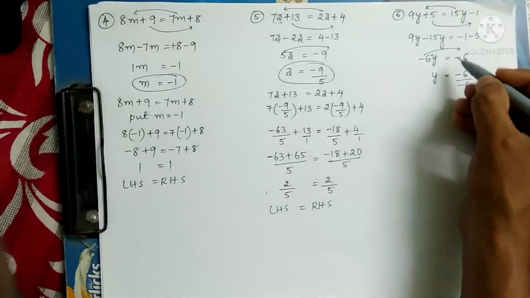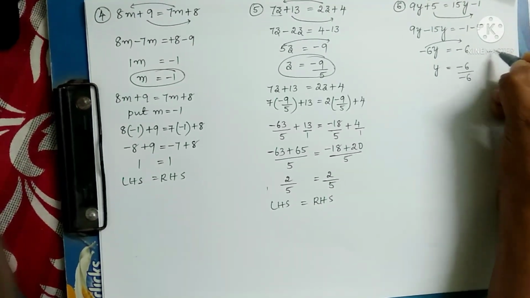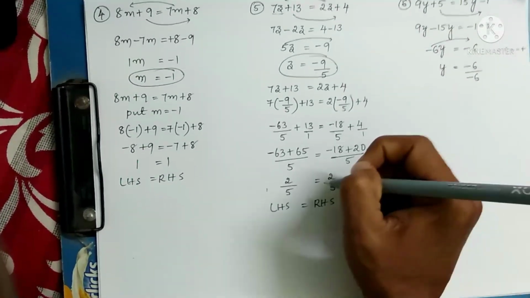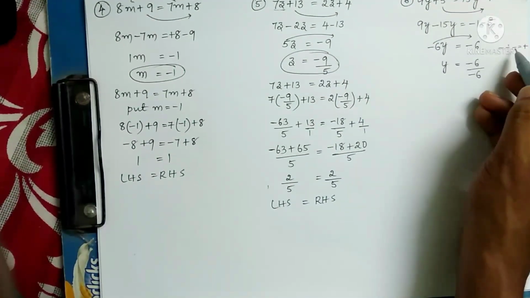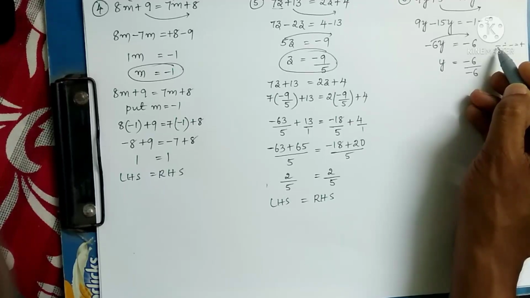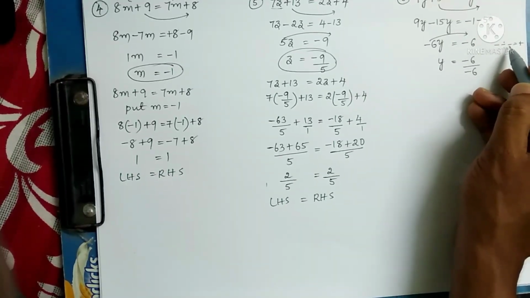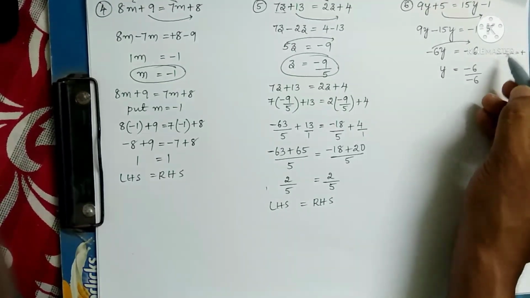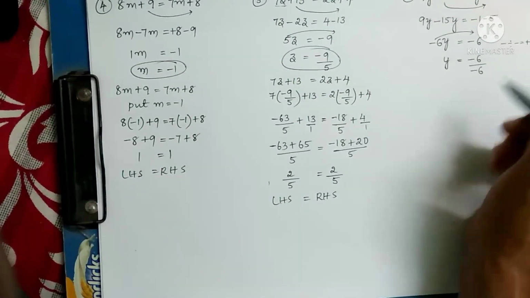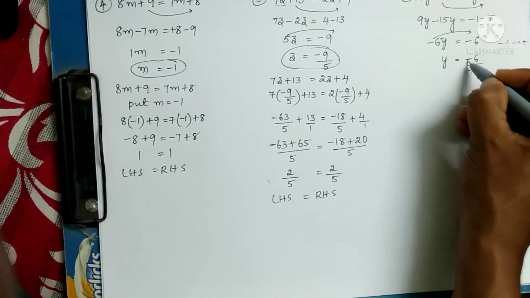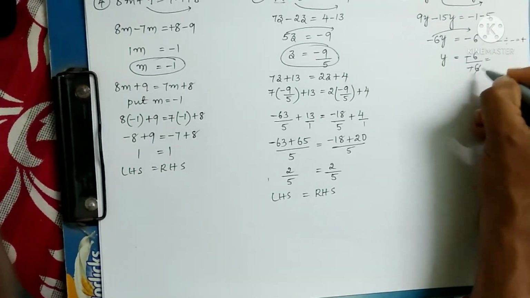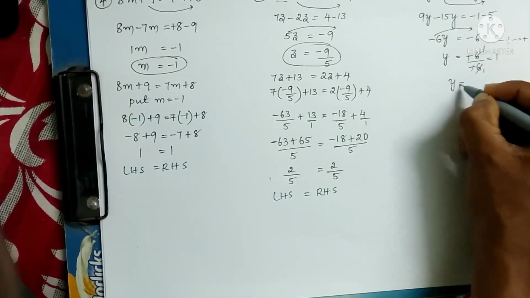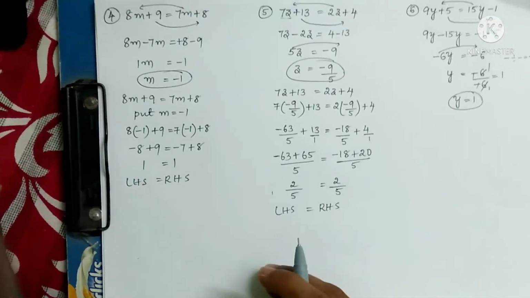As we know, minus divided by minus is equal to plus. The numerator is a negative integer which is divided by a negative integer, so we get a positive. When we divide two negative integers, the result will be positive. So here the minus signs cancel, and we get 6 ones are 6, 6 ones are 6, which is equal to 1. What is the value of y? y is equal to 1.